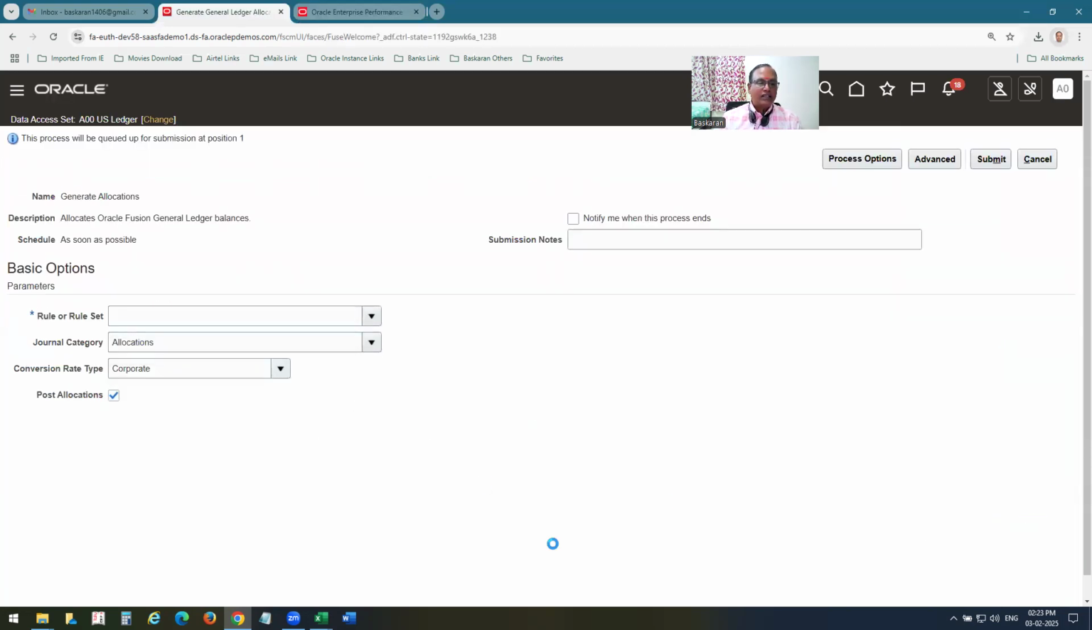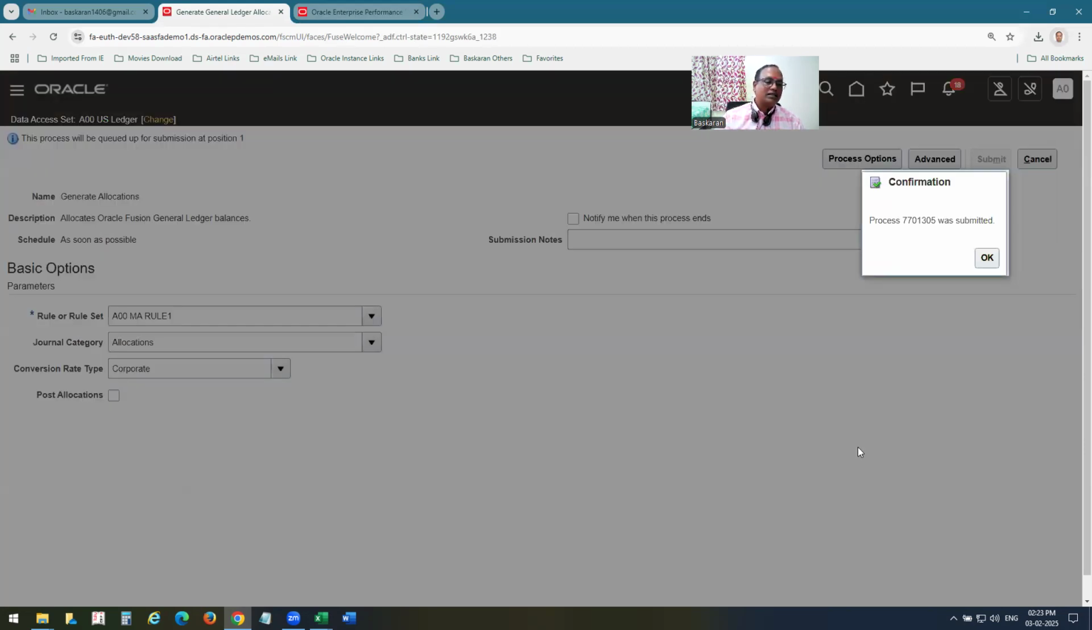Generate general ledger allocation. Now the rule 1 that I created, whether it is in posted mode or unposted mode, the category that particular entry has to be selected in the journal window. Let me click on submit